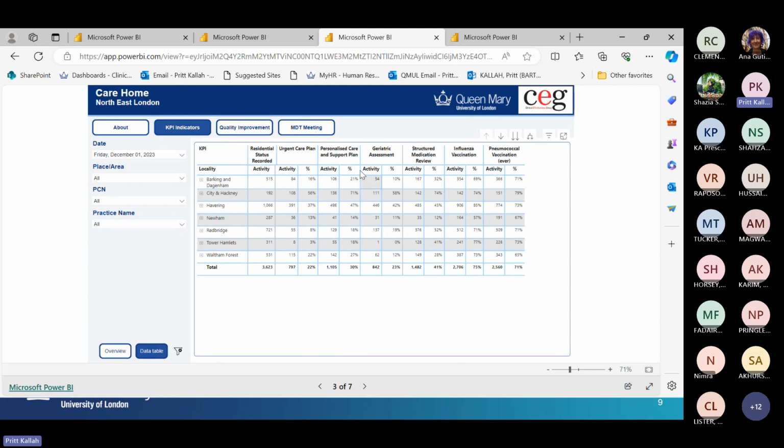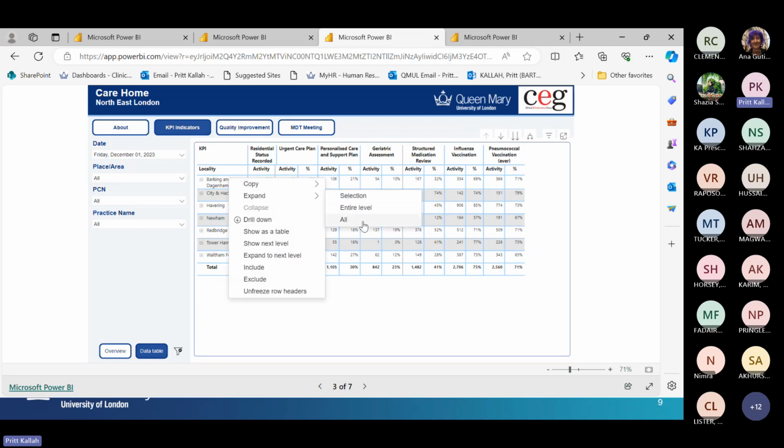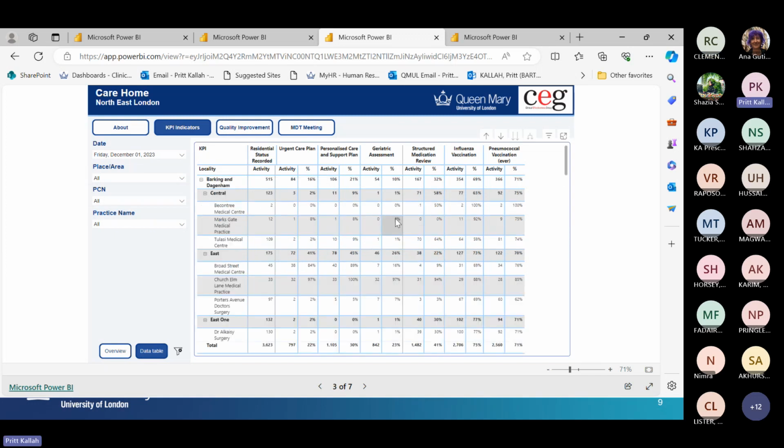So with the other dashboards, it's the same here where you can't edit the numbers here, but like the other ones, you can export it into Excel. In order to do that, you just expand the table and then you choose whichever borough, PCN or practice you want. So for example, if we choose